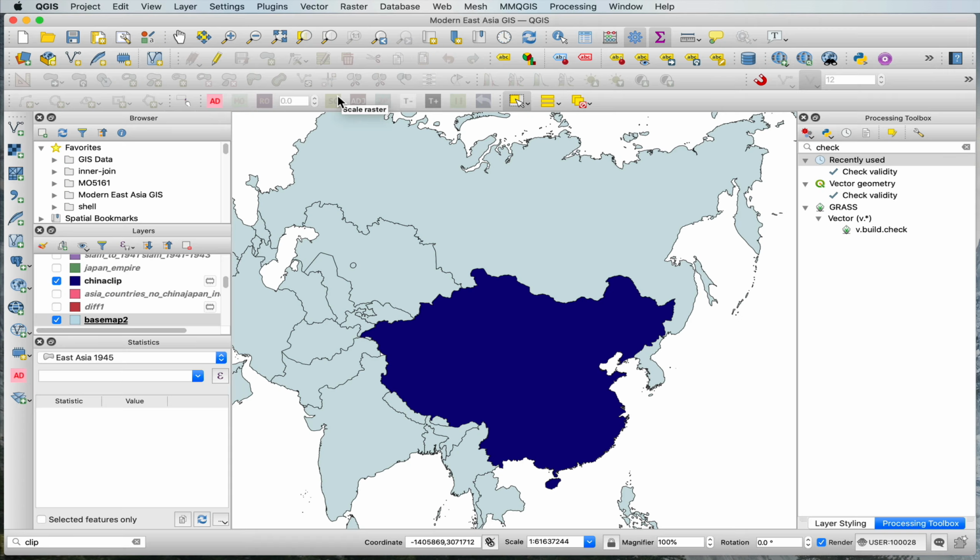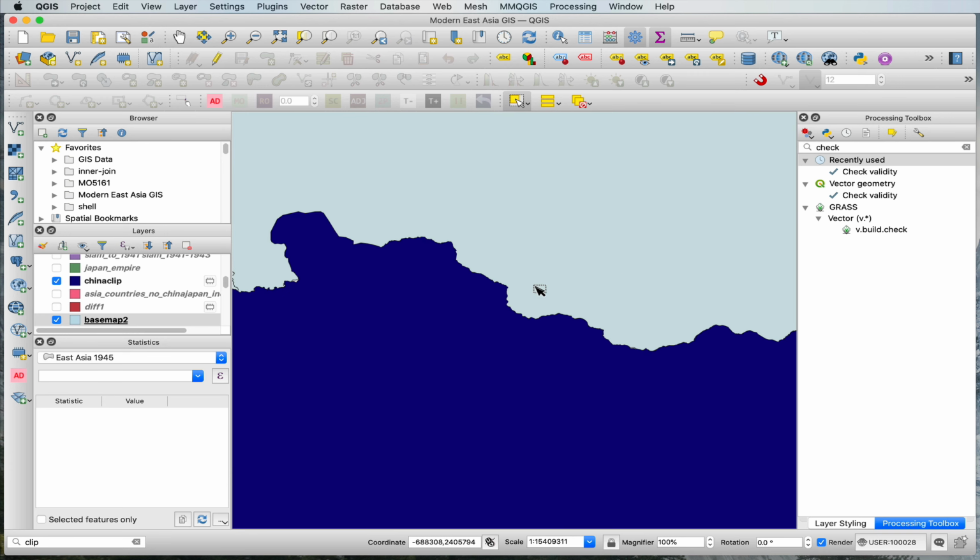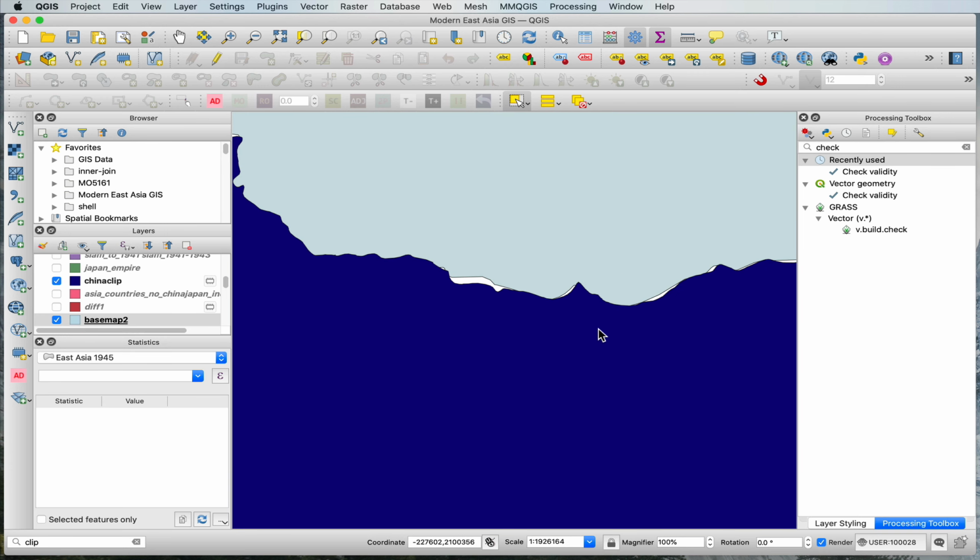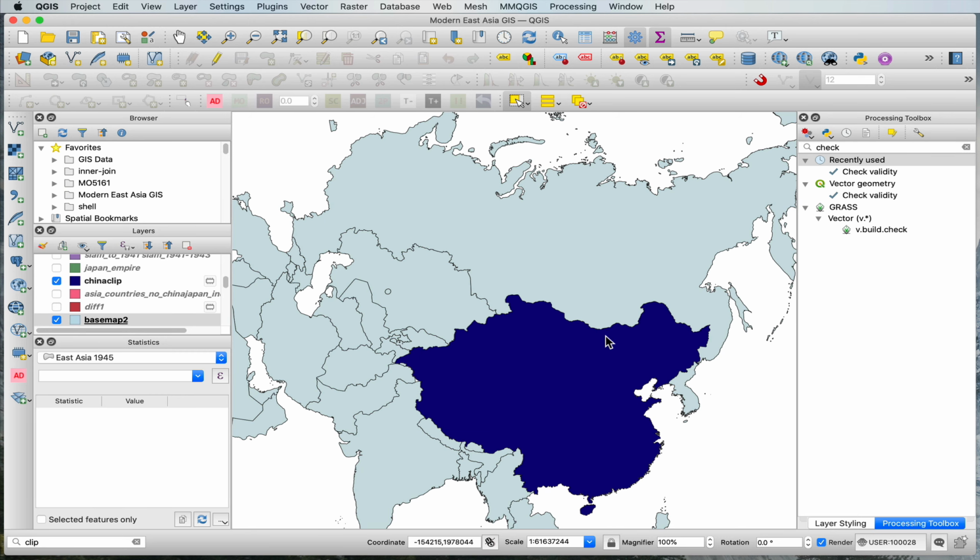In this tutorial, I'd like to go through the workflow of dealing with pesky borders. There may be cases where you're drawing boundary information from two different data sets, and the border lines are at a different resolution or a different level of quality. Now, it's problematic, obviously, for accuracy reasons if you have more accuracy in one part of the map than you have in another, but at a small scale, when you're zoomed out like this, it may not be terribly important,